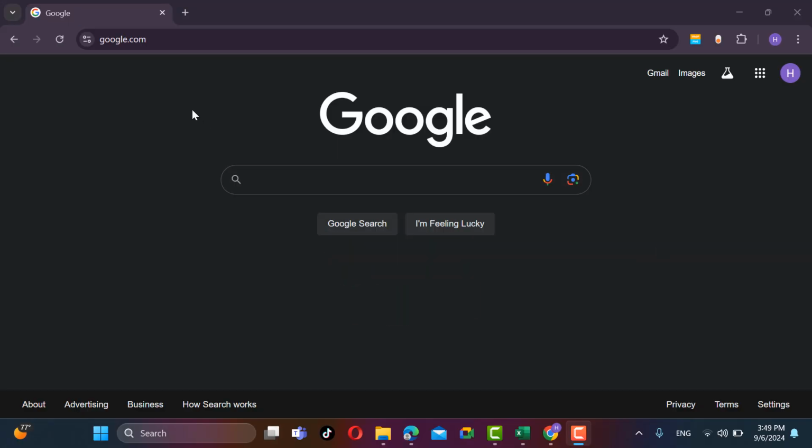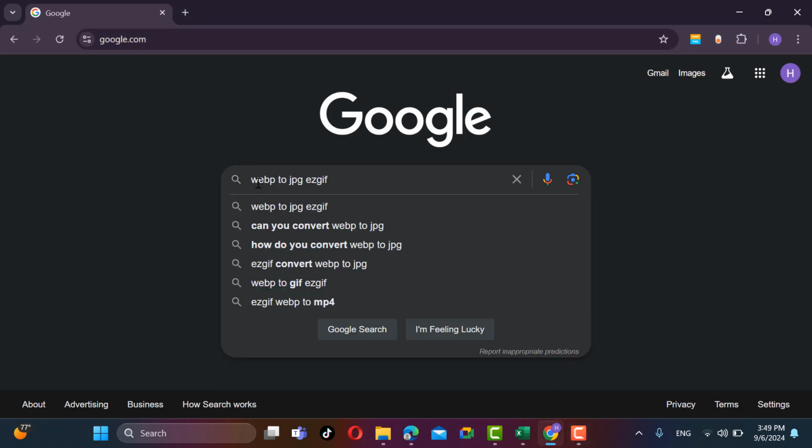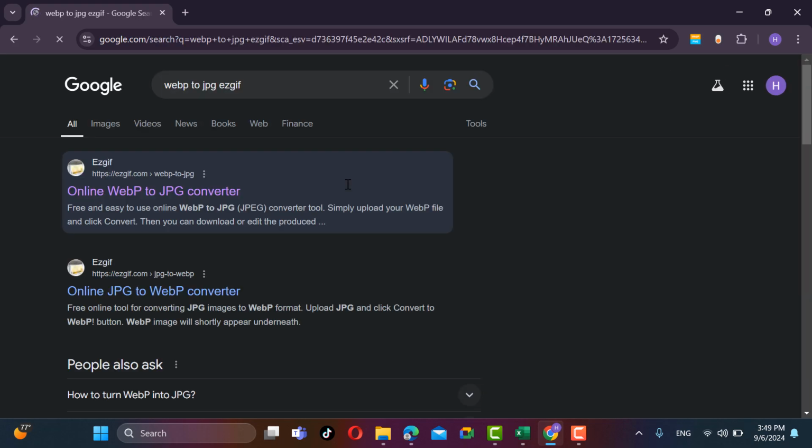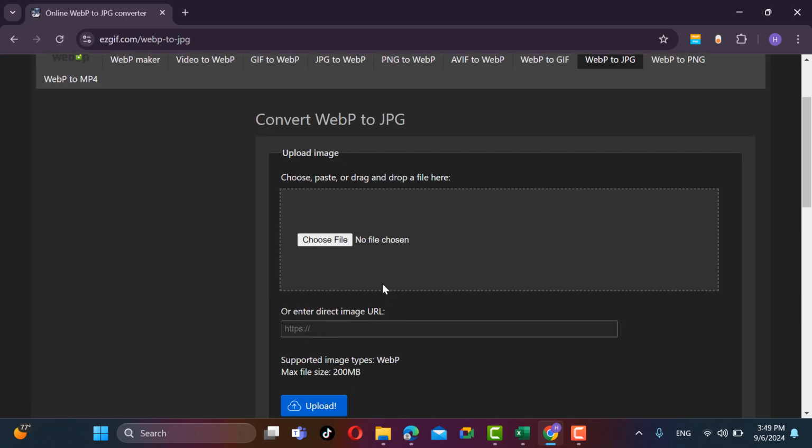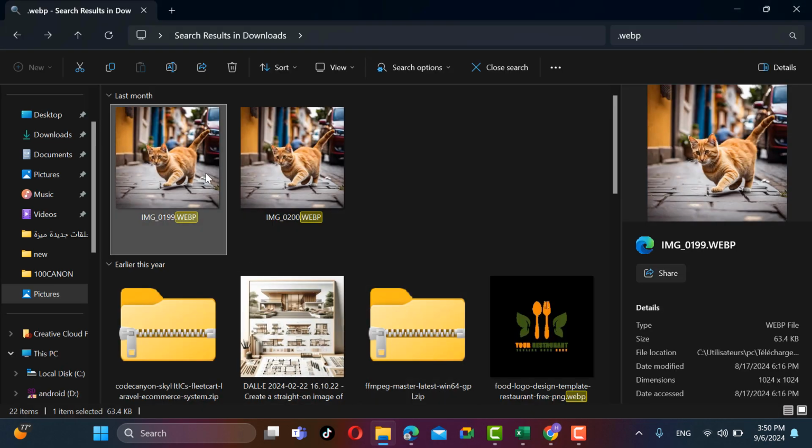So first, go to google.com and in the search bar, search for WebP to JPG and tap enter. Then click the first website, scroll down, and here guys you can easily drag and drop WebP and convert it to JPG. For example, I have here this picture,